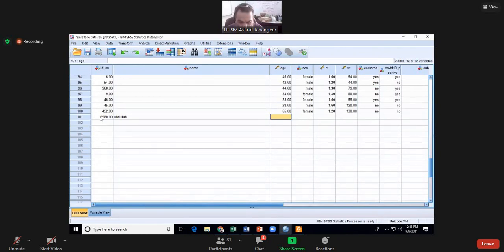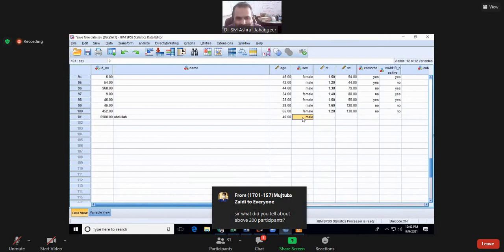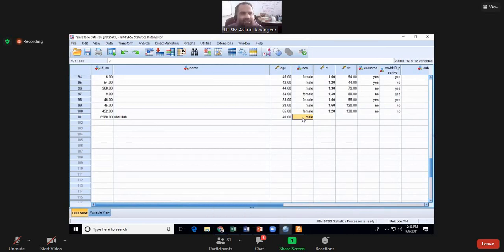His age, Abdullah's age, is 40 years. He's male, 0. You may be wondering why I put the 0 code for males. Most of the time in our culture, 0 is not considered a good number, although it has more power than any other number. So coding has nothing to do with any conspiracy or anything, right? And putting female as code 1 doesn't mean females are superior or inferior to males. All are equal, right? And height, so 1.7, and weight